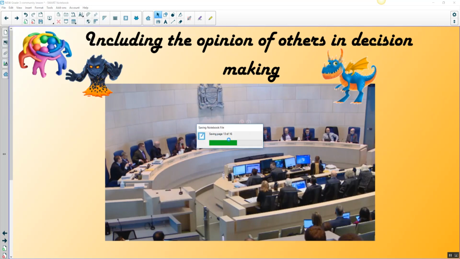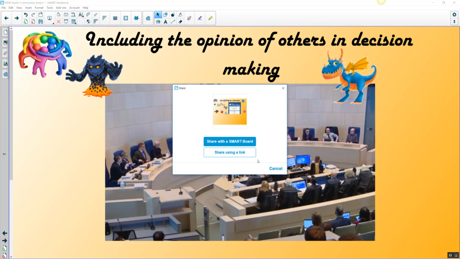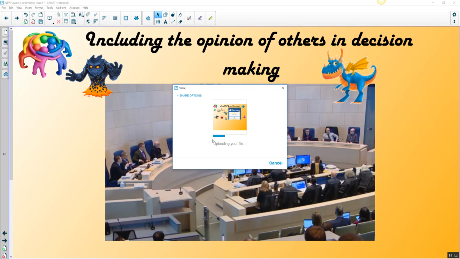it's going to save for your files any changes that you've made, and you get this little pop-up window that asks you, do you want to share this with the board? And this is if you have one of the new Smart Boards, or would you like to share using a link? And I'm going to click on share using a link. And what this does right here is it actually uploads my file into the Smart Learning Suite online,